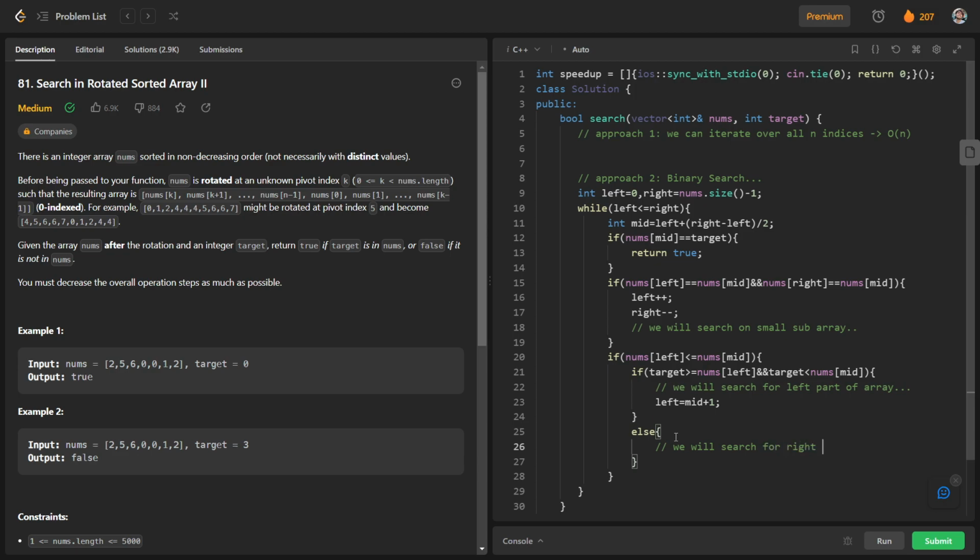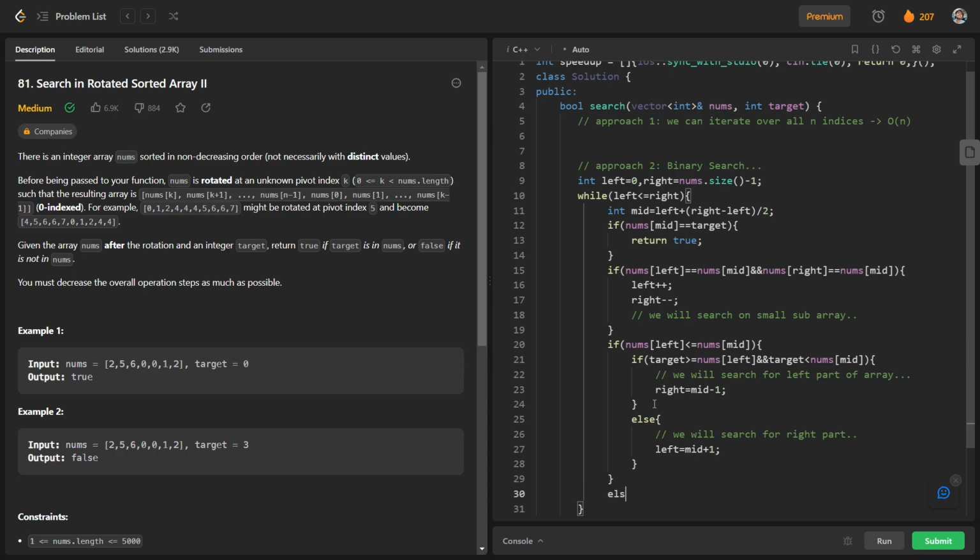search for the right part. So basically, what does it mean? We were searching for the left part here, no? So we will have right is equal to mid minus 1, and here we are searching for the right part, so we will update left is equal to mid plus 1.